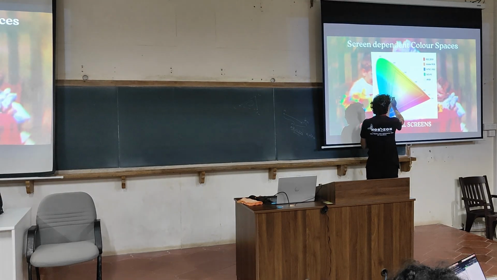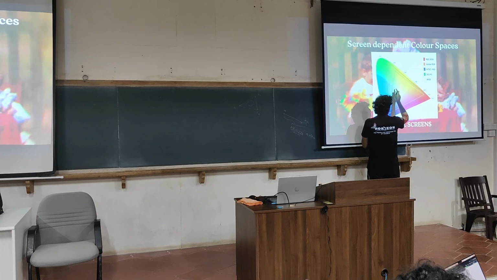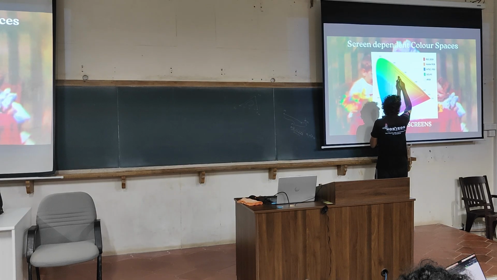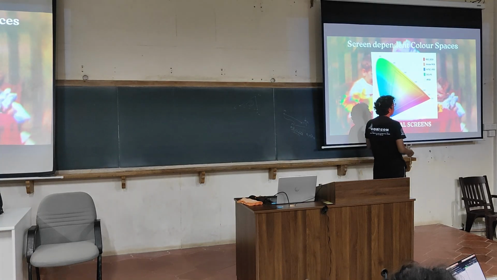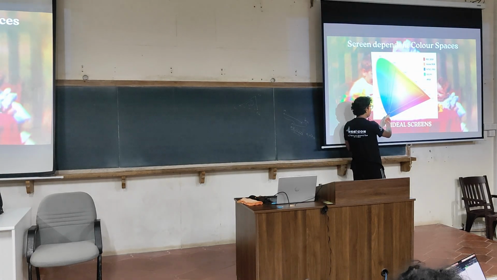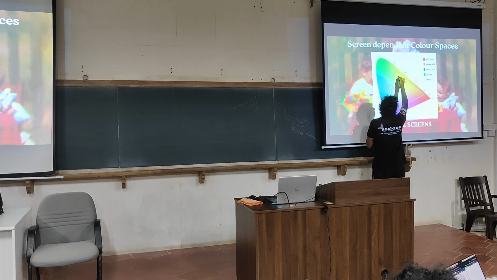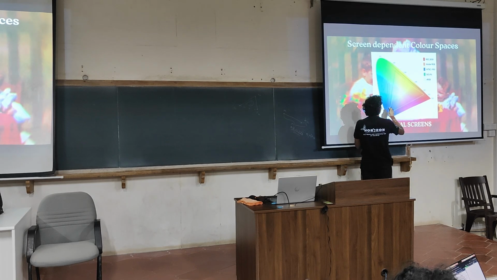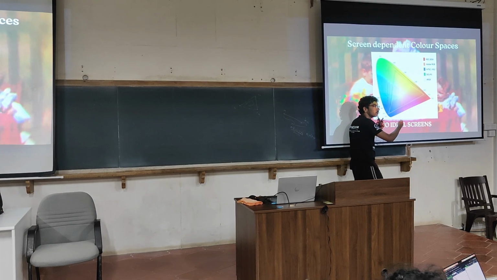These are the various screens that have been designed. The original screens were sRGB. They covered only a very small region of the chromaticity diagram. This is because of the problem of producing a proper light source. They used this for blue, this for green, and, sorry, this for red and this for green. That is much farther from the other point. And the modern screens use the REC 2020 system.